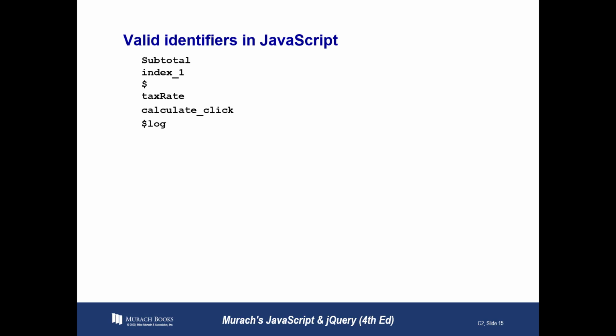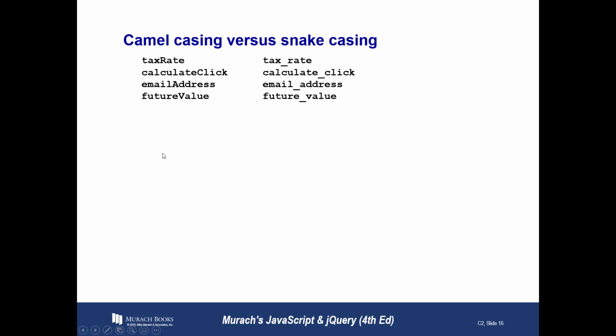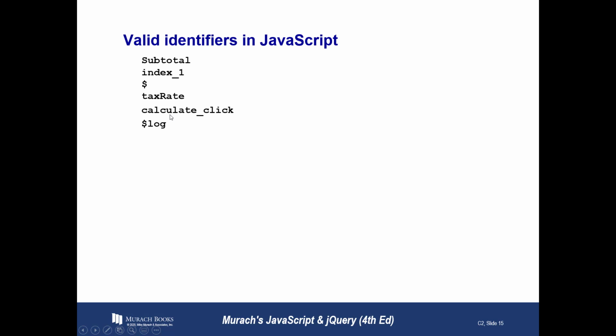So there's some valid ones. I always do it like this, the one that's shown right there. That one is camel casing, which means you start the first word with lowercase, you put the beginning letter for the next word in uppercase, and you run all the words together. All right. So those are valid,